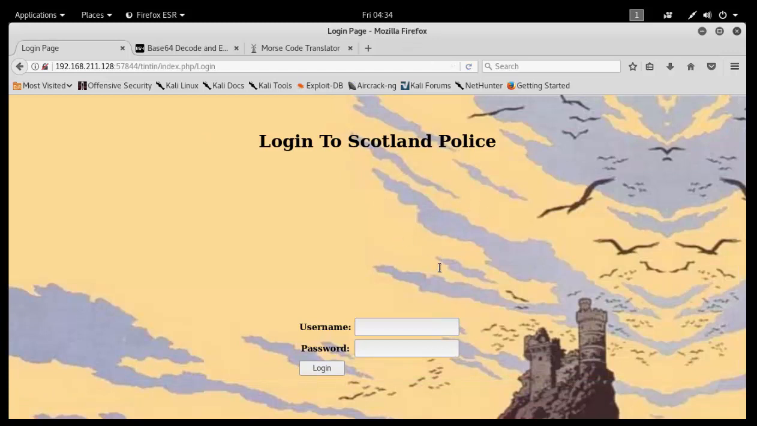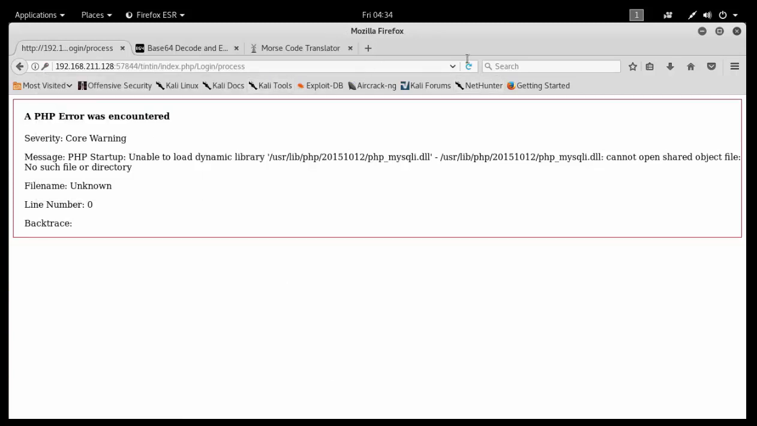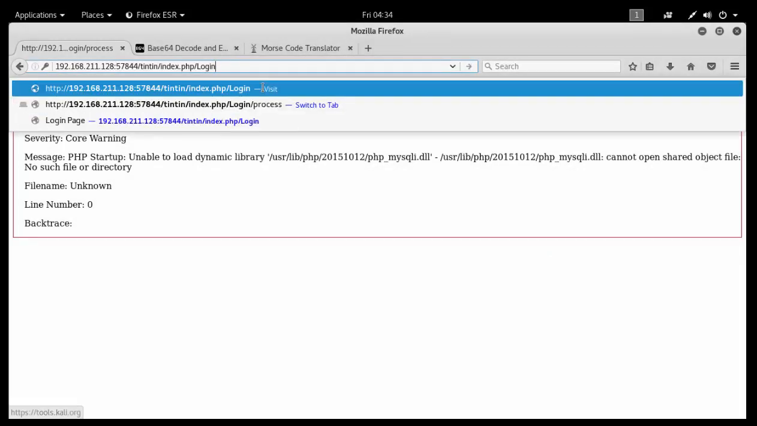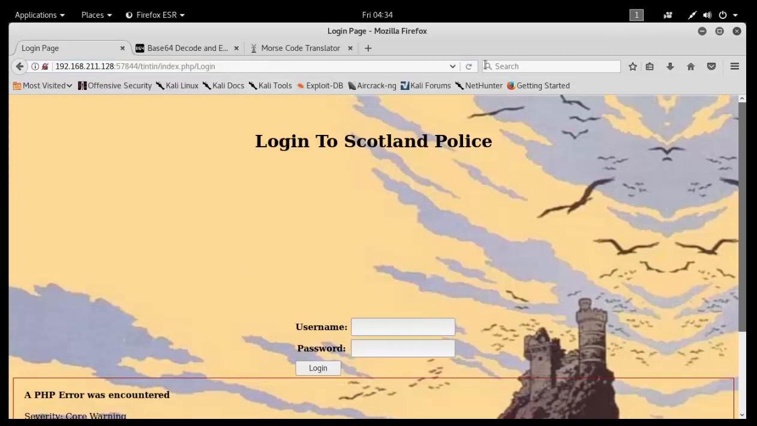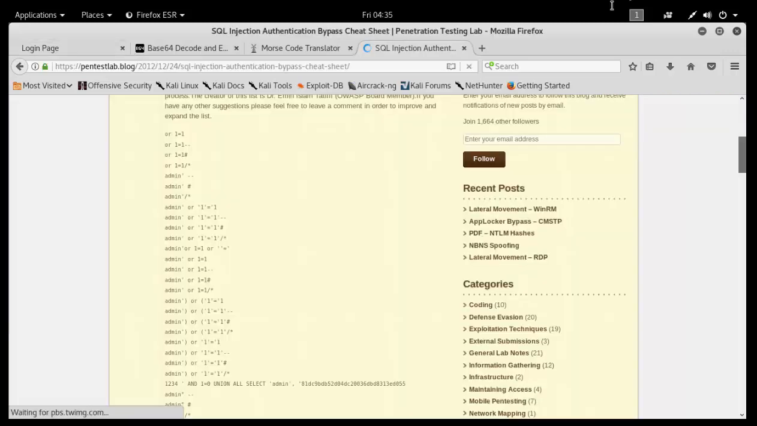Okay, you're on the login page of the Scotland police. Try different combinations, it won't work. It will give an error or something. Anyway, you have to bypass this login URL. I'm going to use SQL injection to bypass this. Let's see. You can use